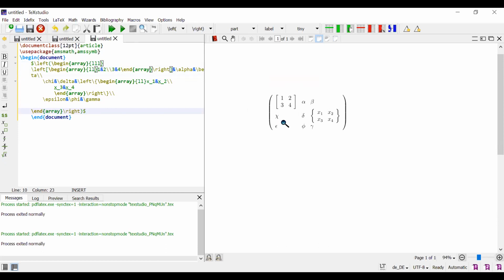Yesterday sir asked how do you draw the circuit. Now I just want to draw one commutative diagram. Using this commutative diagram, you can write your circuit. Okay.